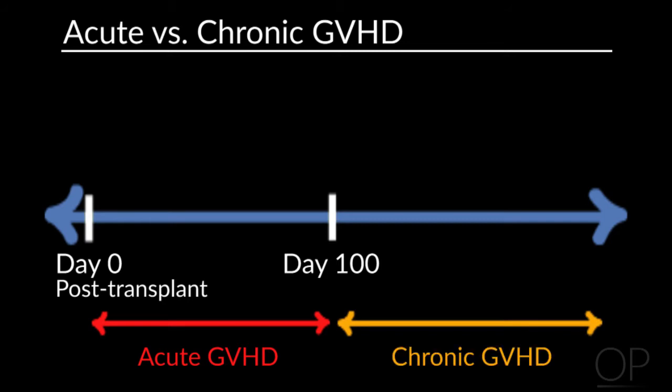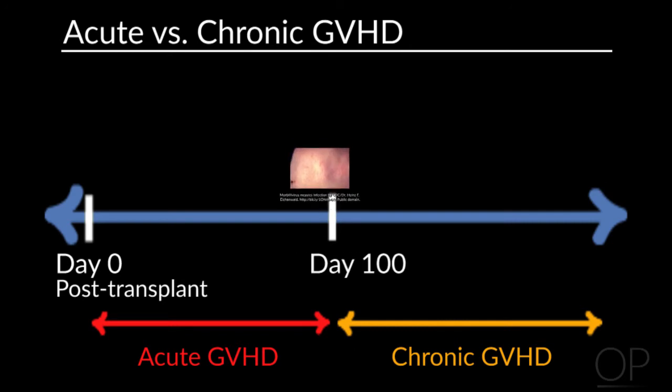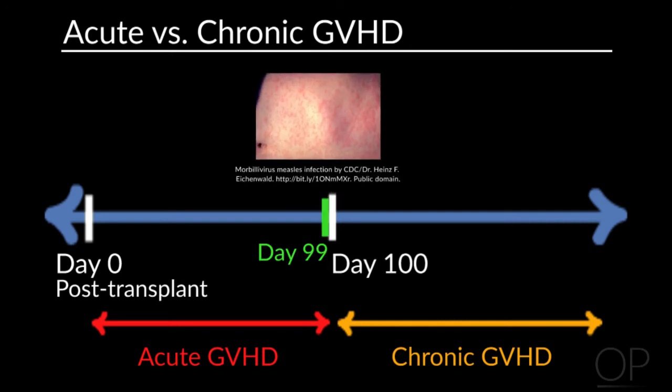The challenge is that this really doesn't address the range of GVHD presentation. So if you had the same horrible rash at day 99 that you had at day 100, for day 99 you would be called acute GVHD, and at day 100 you would be called chronic graft-versus-host disease, knowing even that there was no real significant pathophysiologic difference. This also didn't provide great prognostic data, so acute graft-versus-host disease has a different prognosis compared to significant chronic graft-versus-host